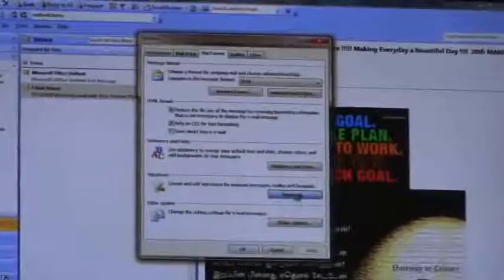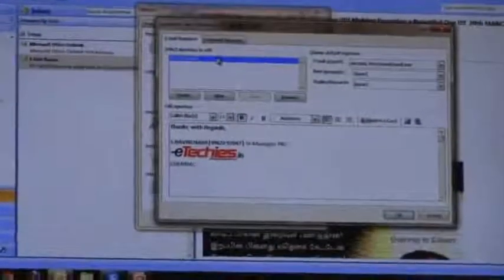Then go to Tools and select Mail Format. There is a signature option; a signature is already there.